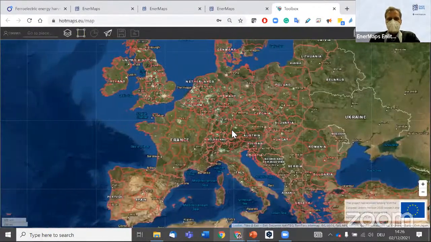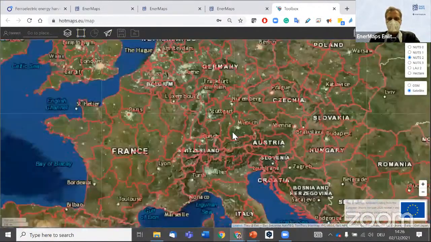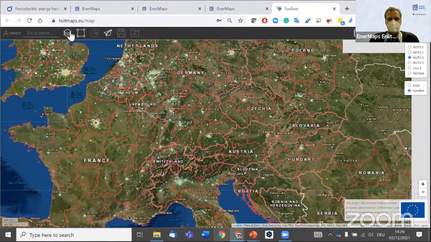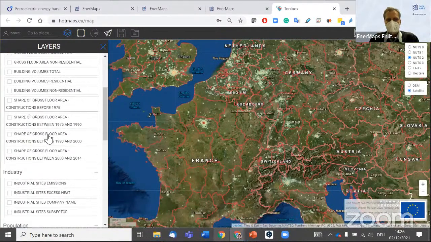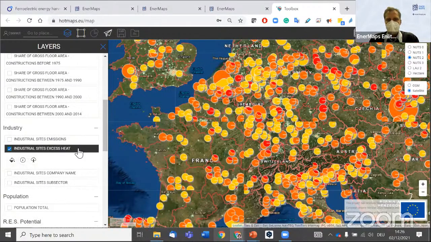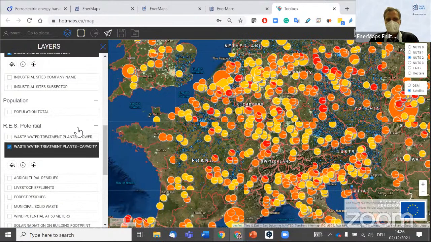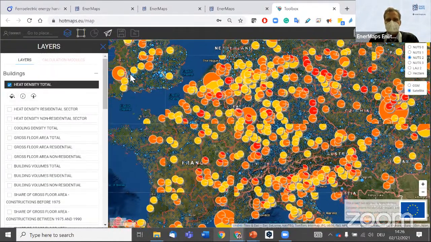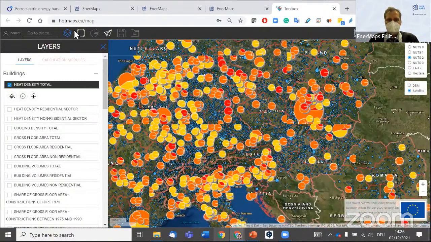Yes, so actually it's a visualization tool. So you have a map and you can work on the map here. You have actually, as I said, a number of data that is available here in order to visualize it, also to analyze it. Here, for example, different renewable potentials, industry data, building related data. And as soon as you have selected a region, you can also see indicators.